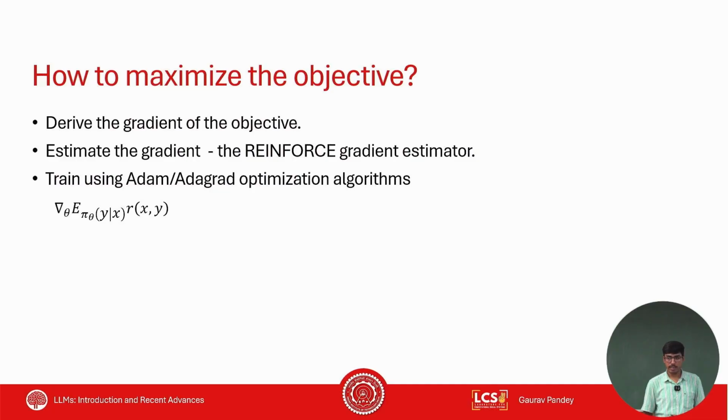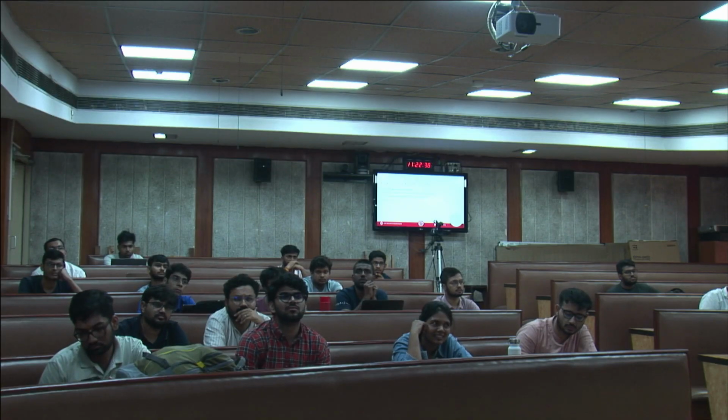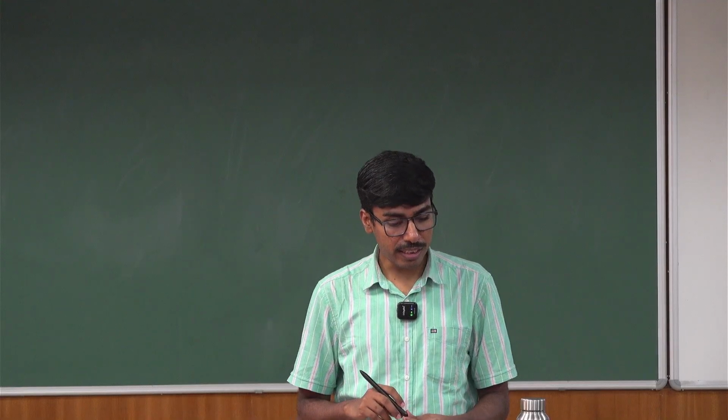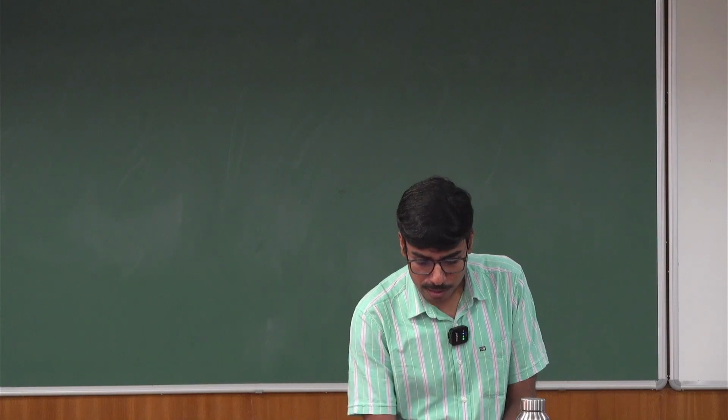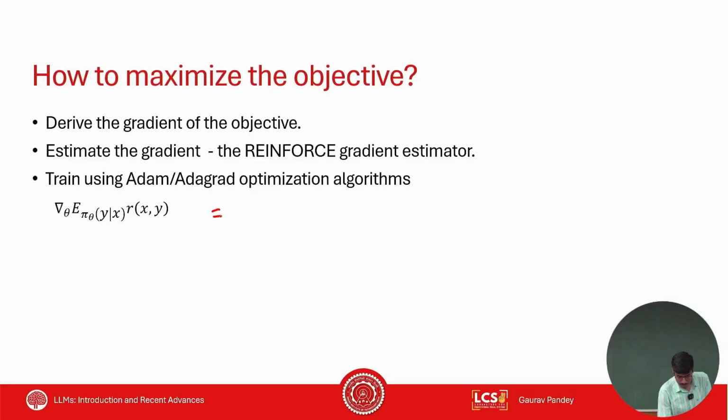Can I take the gradient inside? I cannot take the gradient actually, and the reason is that the expectation is over the policy itself. So let me expand the expectation. I can write the expectation exactly as follows: sum over y belonging to the list of all outputs,